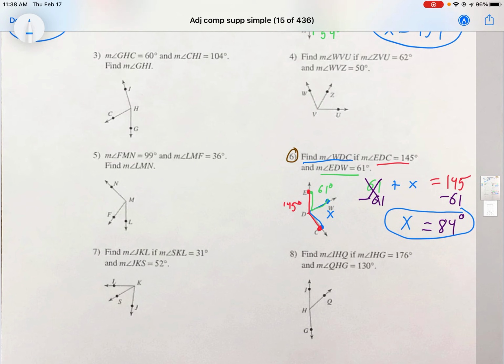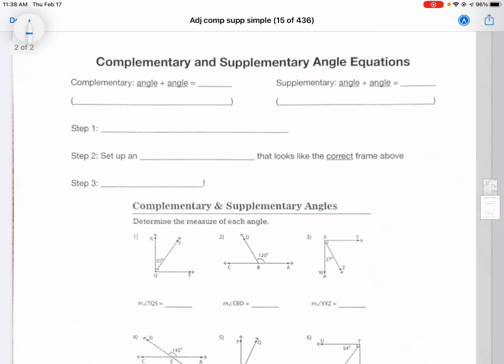All right, so those are the 3 examples that I was planning to do on this page. You are welcome to pause this video and try the rest since it's fresh in your mind, or you can go ahead and just try to knock out all the notes immediately. But either way, I'm going to go ahead and jump to the second page now and work with complementary and